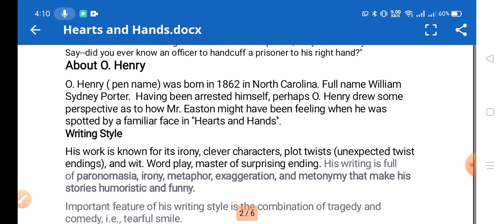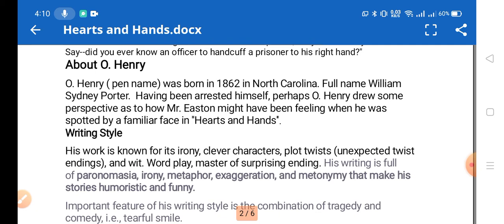his writing style. O. Henry. O. Henry was his pen name, and his full name was William Sidney Potter, and he was born in 1862 in North Carolina. And having been arrested himself, perhaps O. Henry drew some perspective as to how Mr. Easton might have been feeling when he was spotted by a familiar face in Hearts and Hands' portrayal in